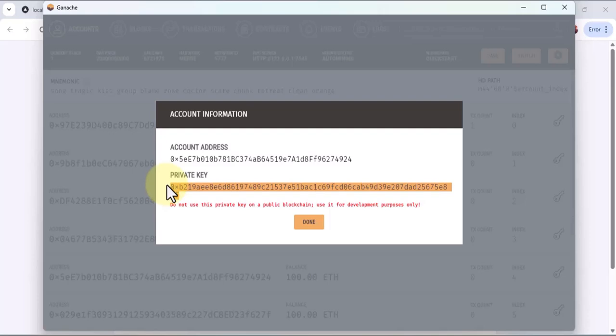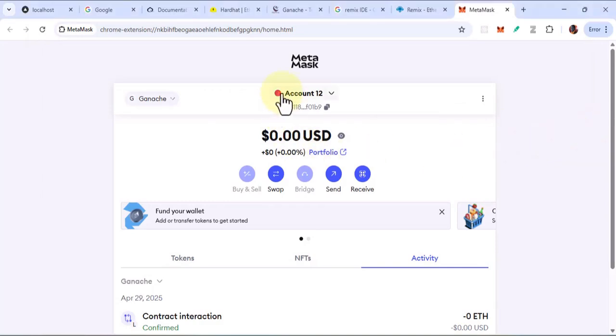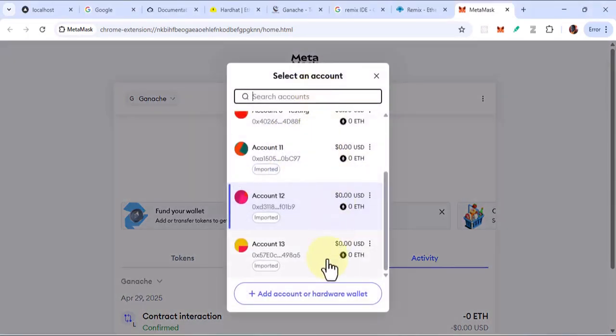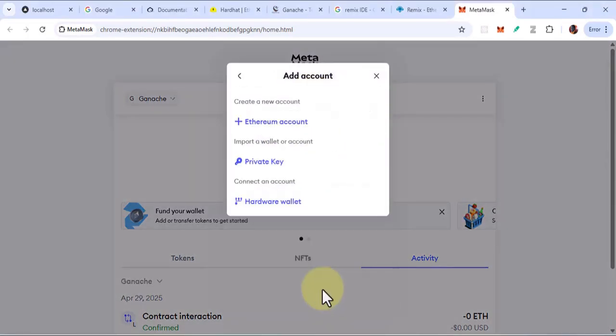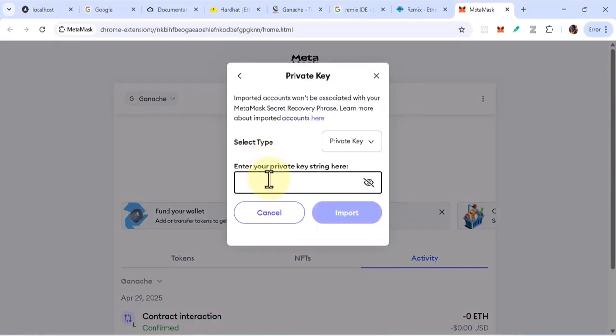The reason why I can expose this is because it is automatically generated by Ganache, and once I close down my Ganache application, this key will update itself. That means it will change, so it's not a perpetual key. So I'll just click on done, then I'll go ahead and click on the accounts. These are the accounts. You click on import account, import it with the private key. Once you import it, you can just check to be sure it is working fine.